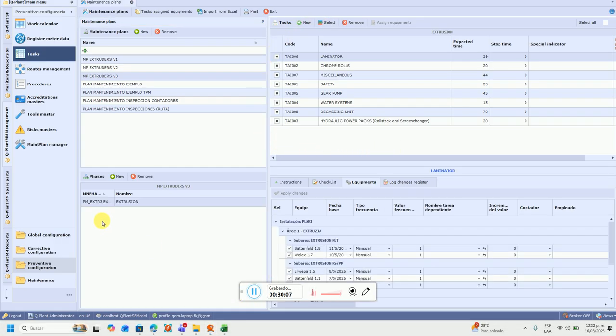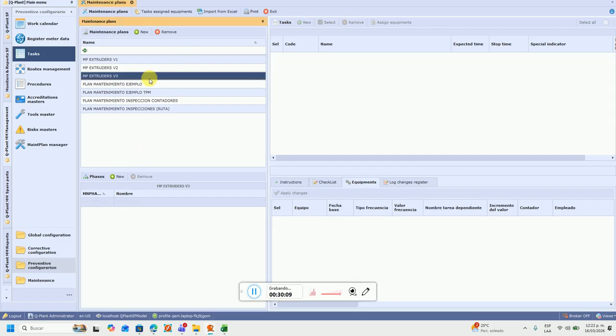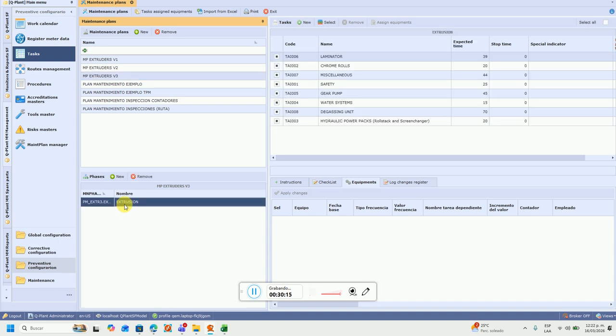So here we have a maintenance plan, this one, with a single phase, this one, and all the tasks are assigned to different equipment, and that is where the difference lies. This is the most common way to build the maintenance plan interface,